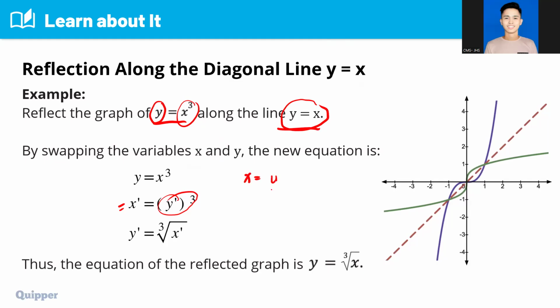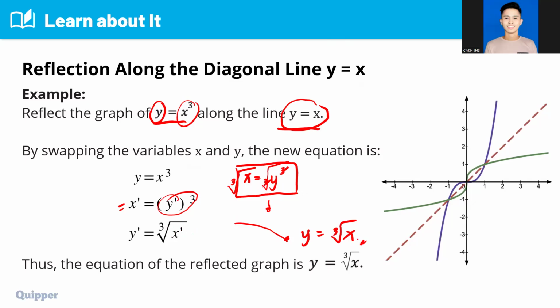x equals y cubed. I think this is the new equation. It should be this one. But since we are looking for y, okay. We're looking for y. Sir, the question is, how do we get y equals cube root of x? So we're solving for y, not for y cubed. So from this, we need to get the cube root of both sides, right? Grade 9 mathematics. So we need to cancel out this. Therefore, the new equation is y equals cube root of x.